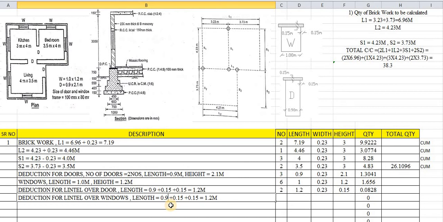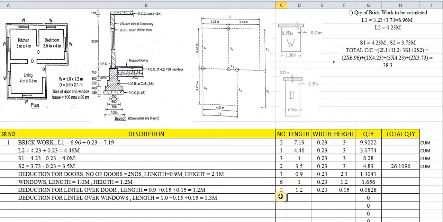Again, how to find out the length of window? There is a small figure for window. What is the length of window? That is 1 meter. So 1 meter is the opening, but we cannot apply the lintel the same as the opening. We have to provide the bearings, because it should be rested on the brickworks. So here we have taken the same as 0.15. The same bearings will be provided, that is 0.15 on right side, 0.15 on left side. So here the revised length, 1 meter is the actual length of this window, 0.15 bearing on both sides, that comes to be 1.3.